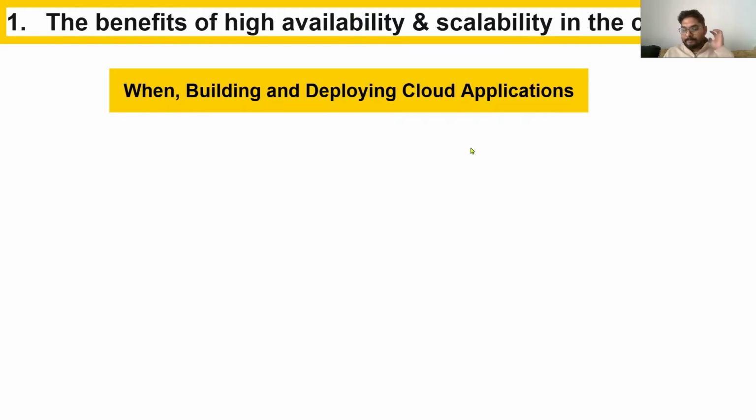Now take an example. What is this high availability and scalability? Imagine I am taking a Wi-Fi service from a vendor. And the internet service I am getting from the vendor, I am paying him every month. Now, if the internet is not available every day for 2 hours, are you okay as a customer? You will not. So this is just an example.